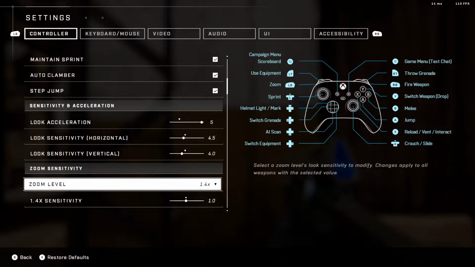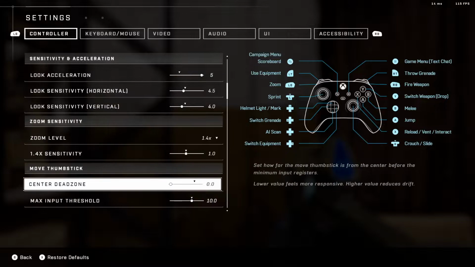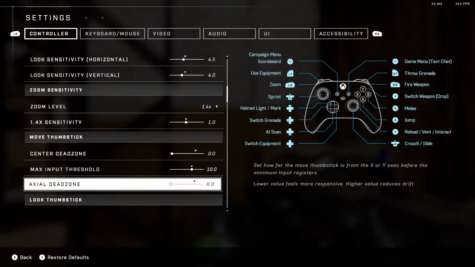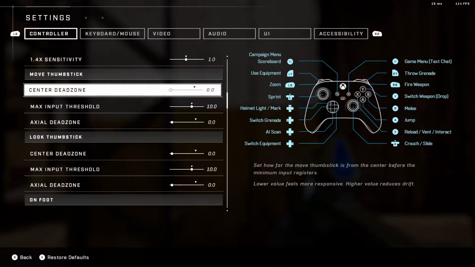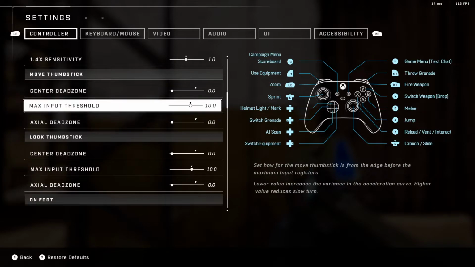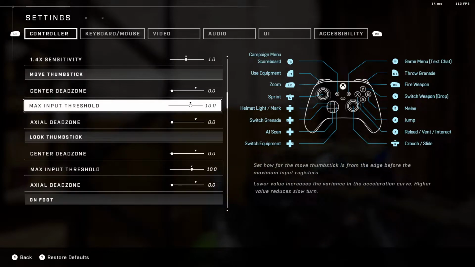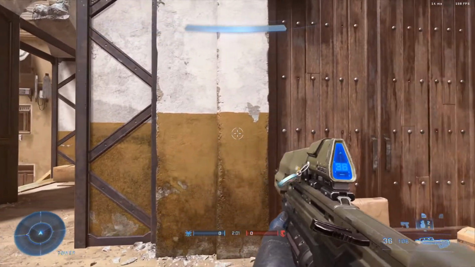Now zoom sensitivity, the zoom level is 1.4x. 1.4x sensitivity is at a 1 default. Now move thumbstick, this is the important stuff right here. Move thumbstick and look thumbstick. So if you have your center dead zone at a 0 and your axial dead zone at a 0 and your max input at default 10, you will notice you moving your left analog stick